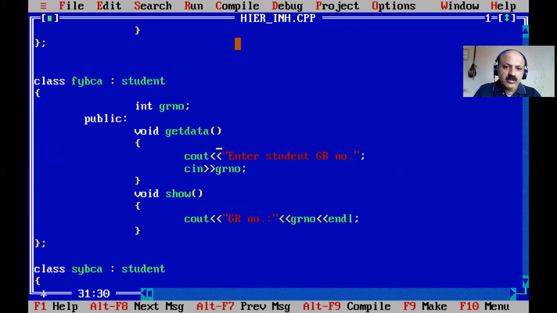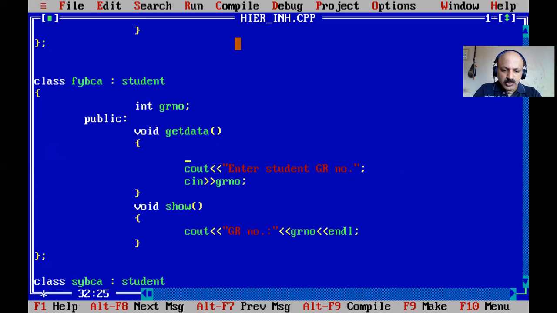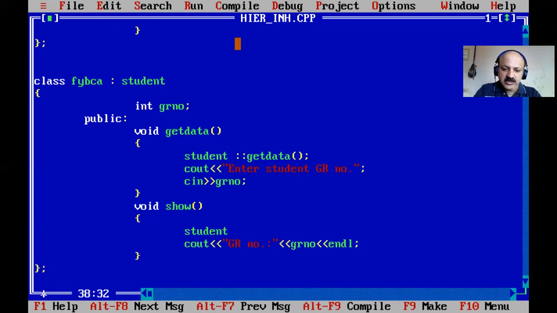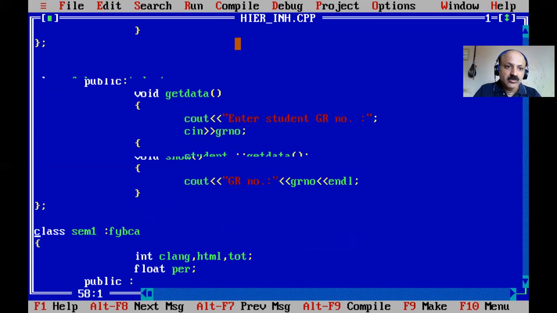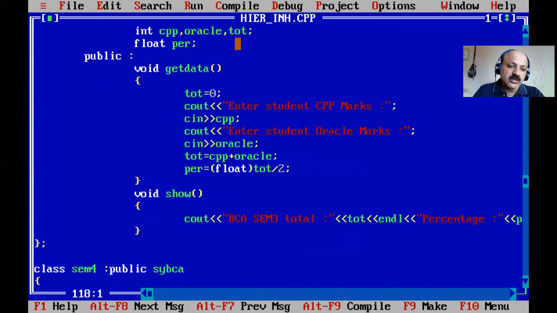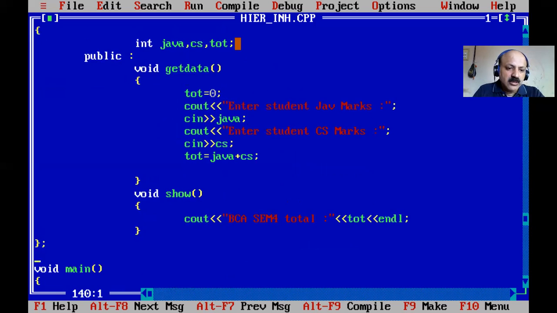Here we can call the gr number, but we can do student, then get data of student class, in the same sequence, because that is private. Then show. I think you did not understand, by mistake I gave sam4, and sam4 we cannot use, in main we can use